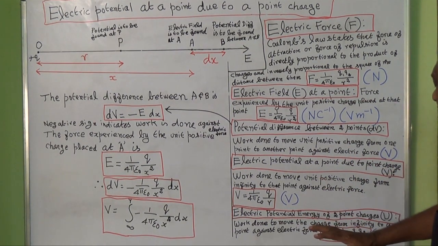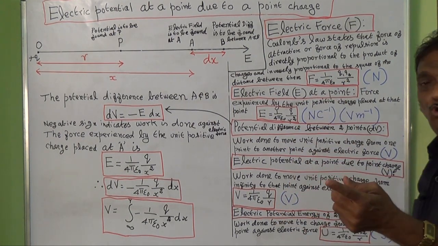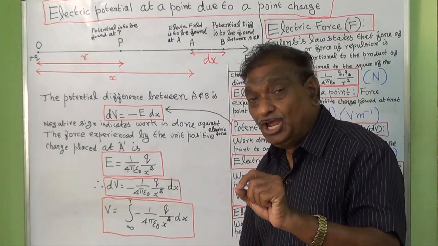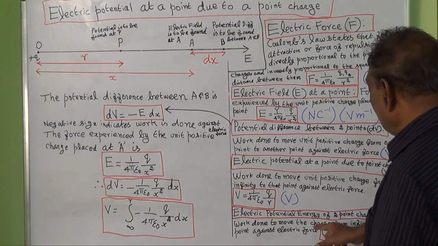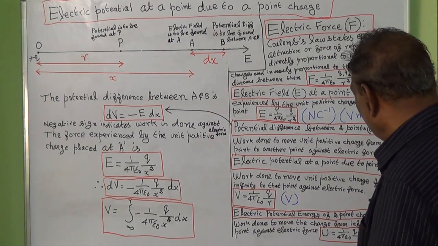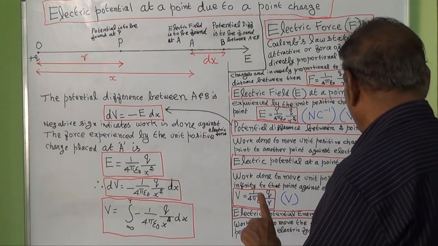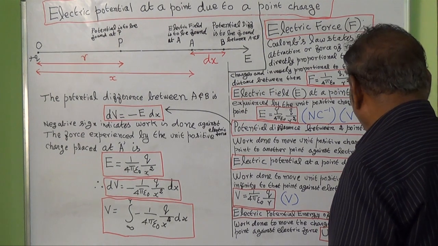We are moving the total charge. From where to where are we moving this charge? From infinity to that point. What is the formula for electric potential energy? The formula for the electric potential energy of 2 point charges, capital U equal to 1 by 4 pi epsilon naught